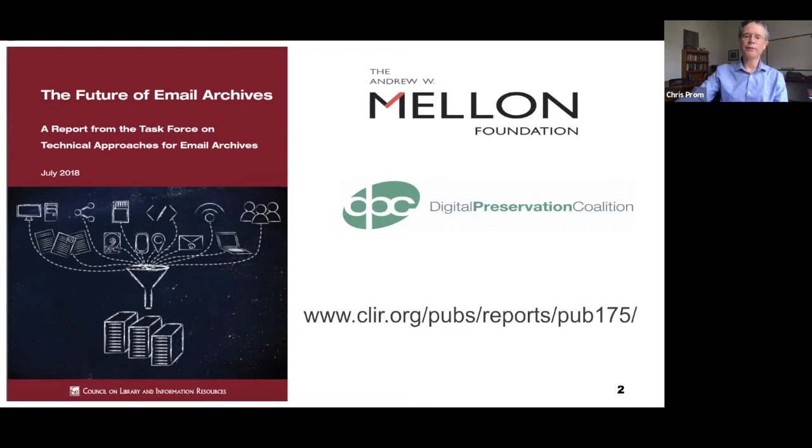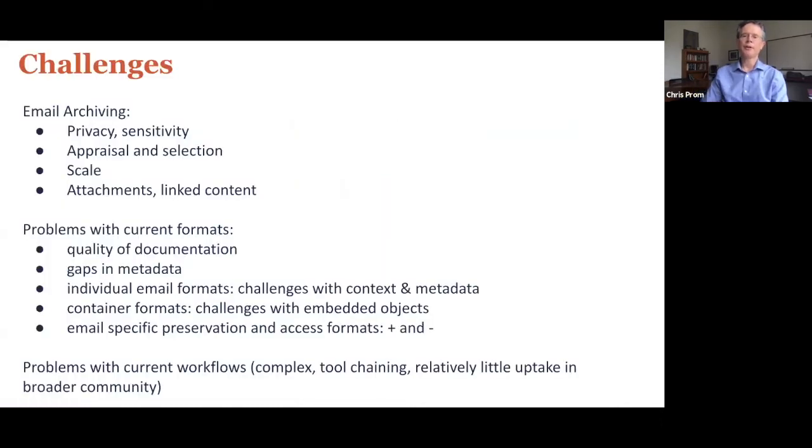So I would just like to briefly review what those challenges are and also some of the recommendations from the report, because I will be reporting specifically on two additional pieces of follow-on grant-making activity that have been funded by the Mellon Foundation. And there is other work that's been pushed forward since the report as well. So the challenges should be familiar to many of us. Obviously, there are many privacy and sensitivity concerns around email, which manifest themselves as difficult appraisal and selection decisions, both for archivists as well as for creators of material.